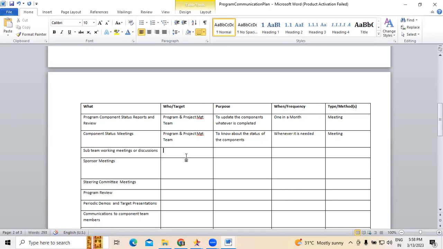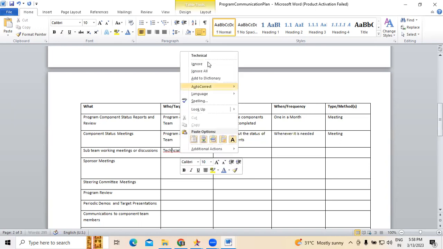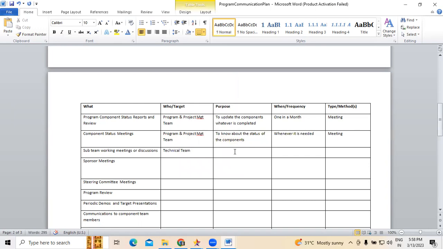Now, sub-team working meetings or discussions. This is for the technical team, with the functional managers, the architect, all technical and functional people.